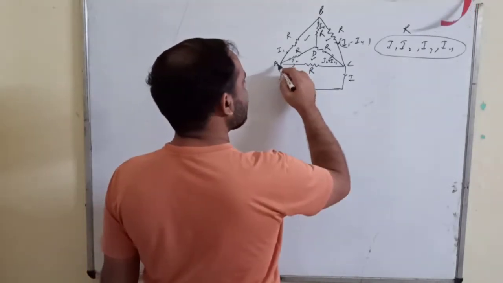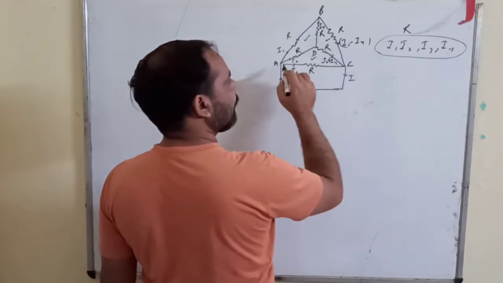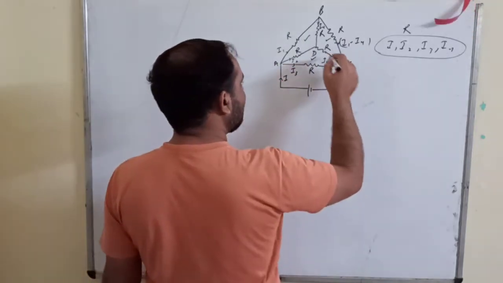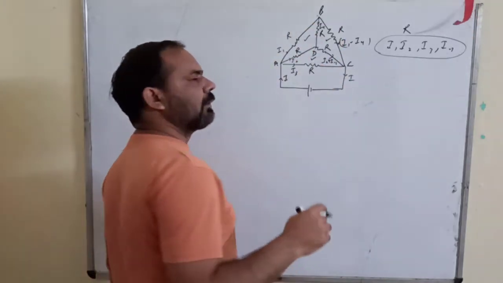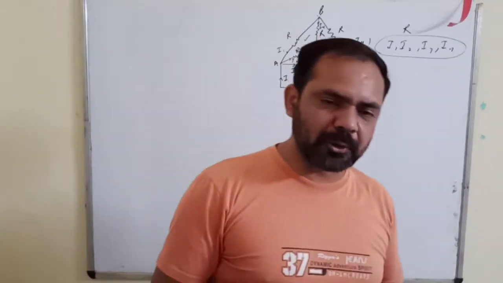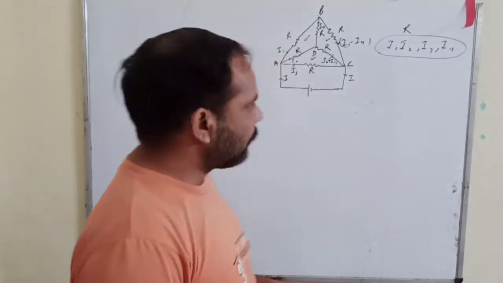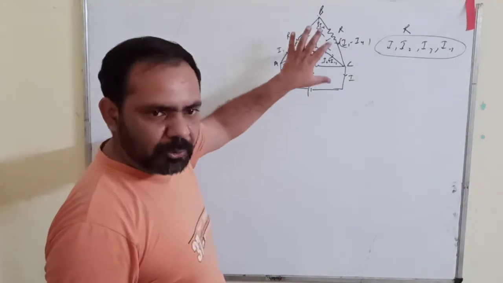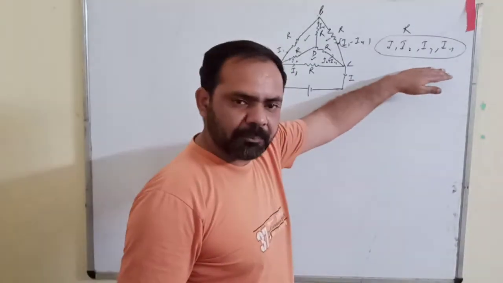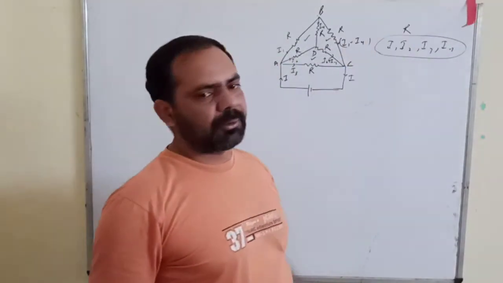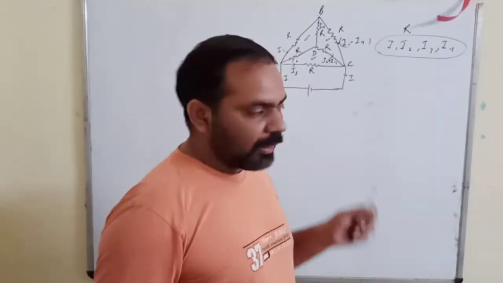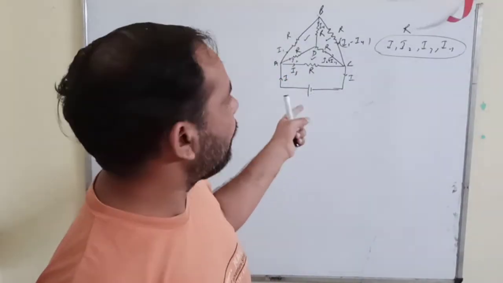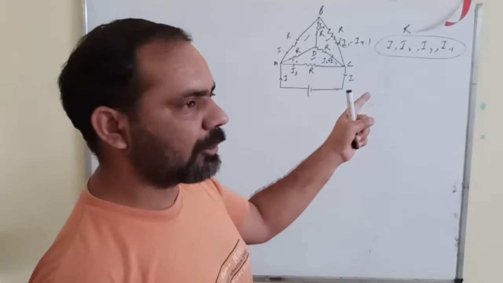One loop can be like this, A, D, B, C, A. One more loop can be like this, C, D, B, A, C. You can choose any closed loop. So from there you choose 4 closed loops, get 4 equations, solve them and get the value of R. However, this question can also be solved by another method simply.